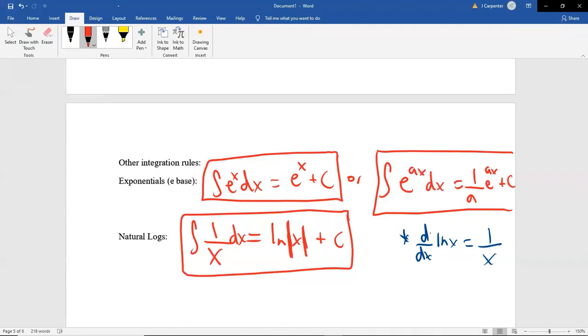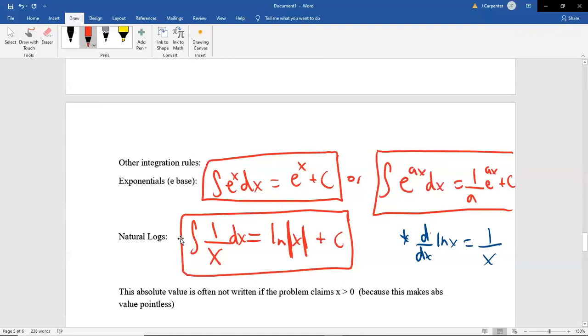Now that's not the integral of a natural log. That's an integral leading to a natural log. The integral of 1 over x dx, or dx over x, is the natural log of the absolute value. This absolute value is often not written if the problem claims x is bigger than 0. That would make the absolute value pointless to say. If you say that x is positive, you don't need to take the absolute value of a positive. It's positive.